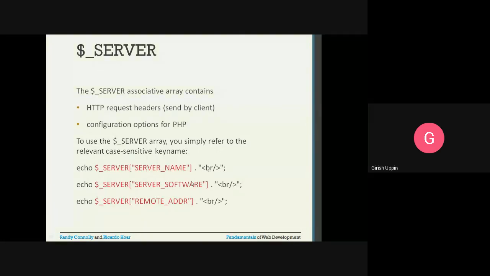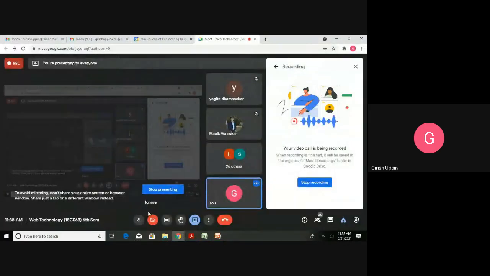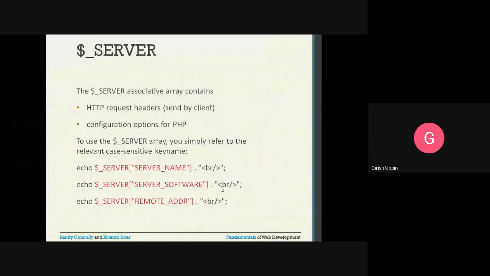In the next line we have echo $_SERVER, and we are accessing SERVER_SOFTWARE. Whatever software is running on the server will be accessed. And we are inserting one more break there, and echo $_SERVER.